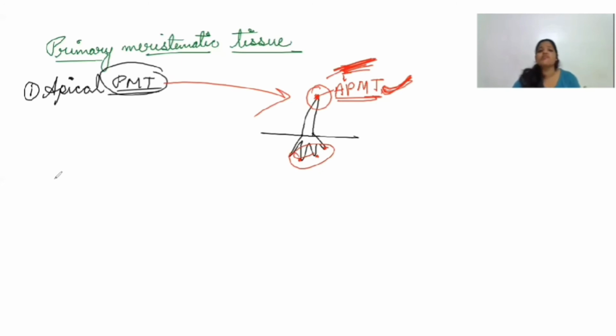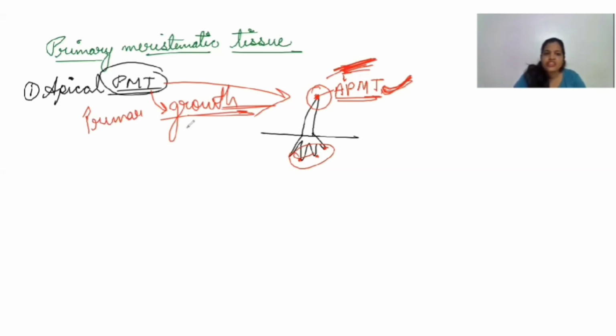Along with that, you need to remember the function of apical meristematic tissue. So, why do students give the NEET exam? Why do they appear for AIPMT? To become doctors, right? To grow themselves, to develop themselves, to grow their career. So, this apical meristem helps in the growth of the plant. Since it is present primarily, it helps in primary growth, means to increase height. It helps to increase the height of the plant.